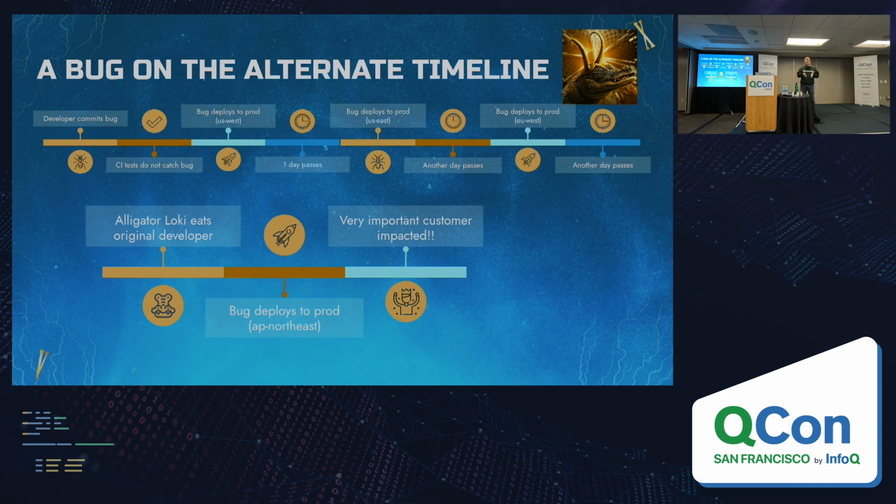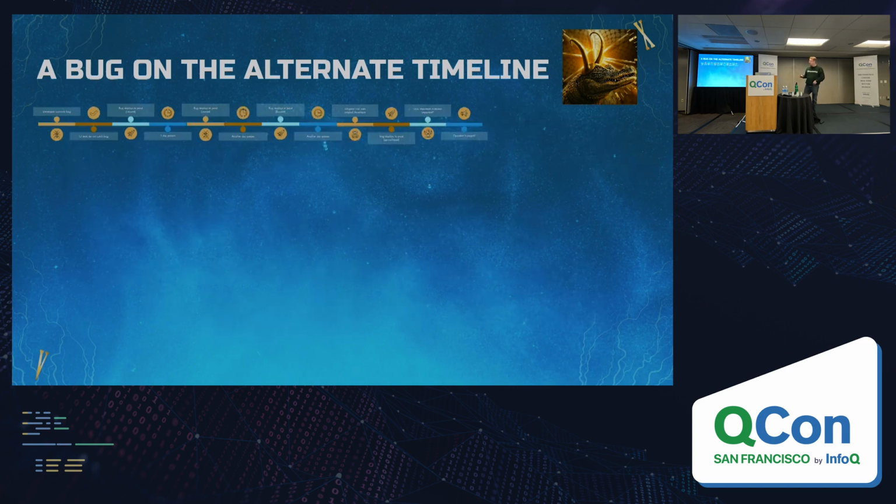It turns out that in that region, there is a customer who uses that code path that we didn't catch in the earlier regions when we deployed. So now we've gotten this alert from this very important customer that they're experiencing an outage, and we've got to do something about it. So our operator gets paged, shrinking the timeline up even more because I still need more room.